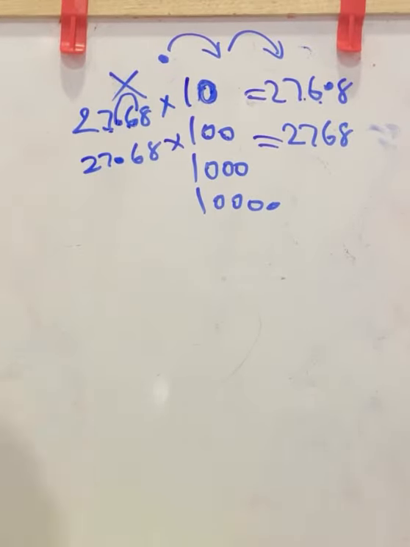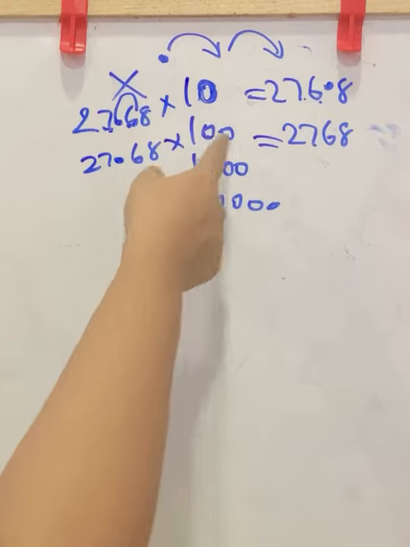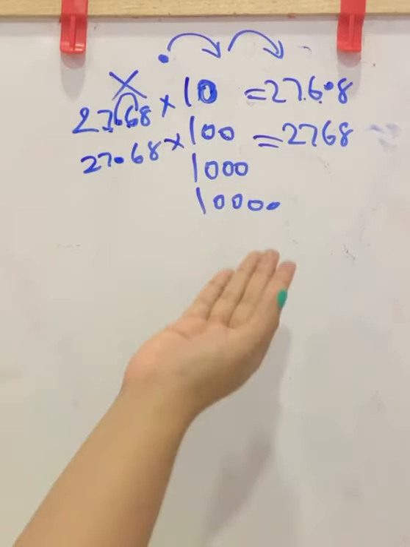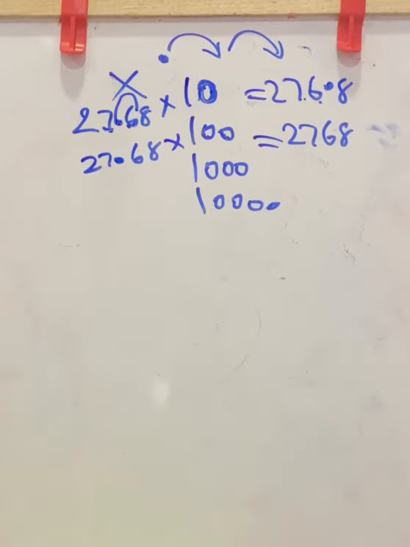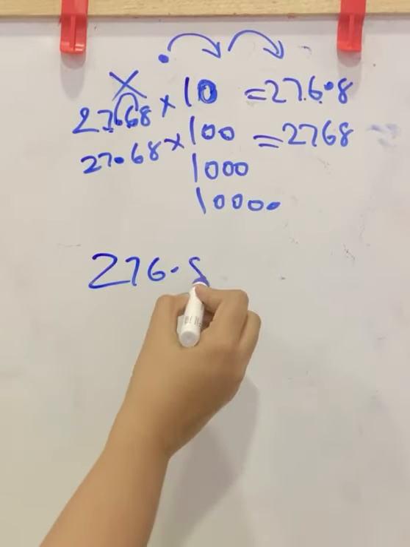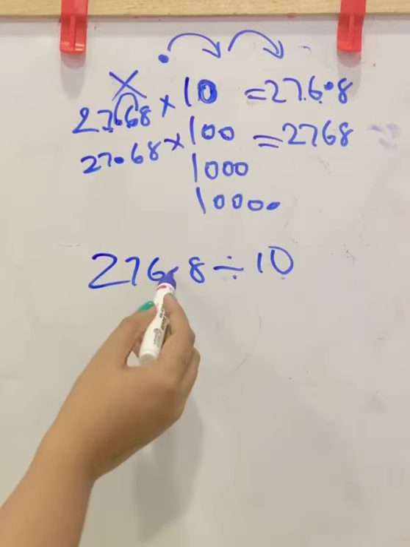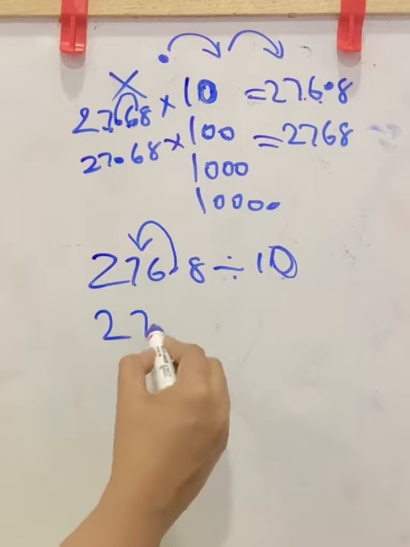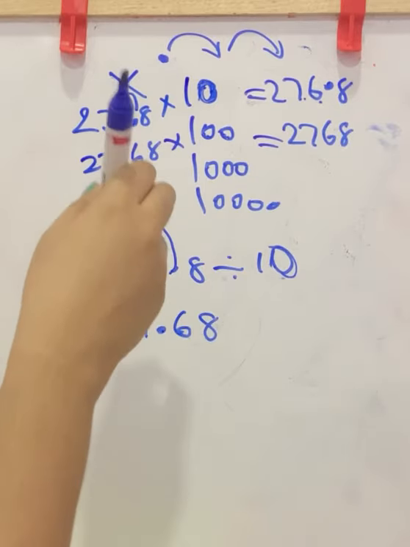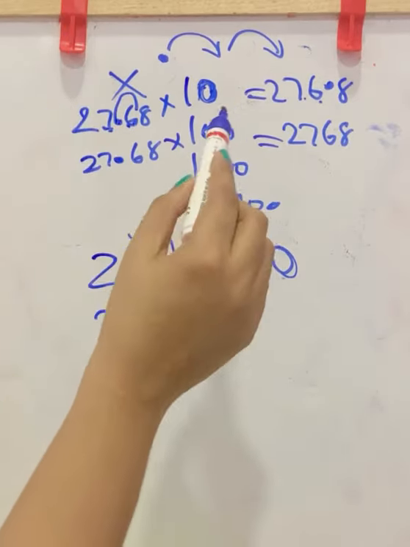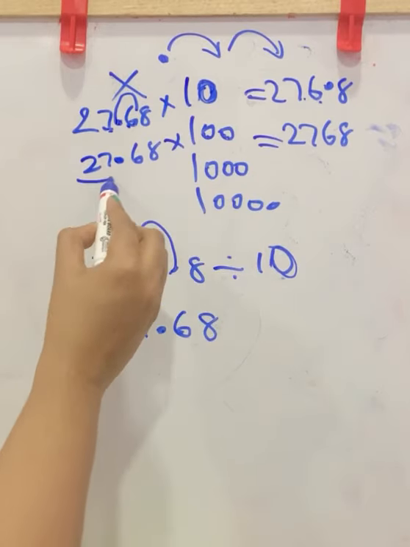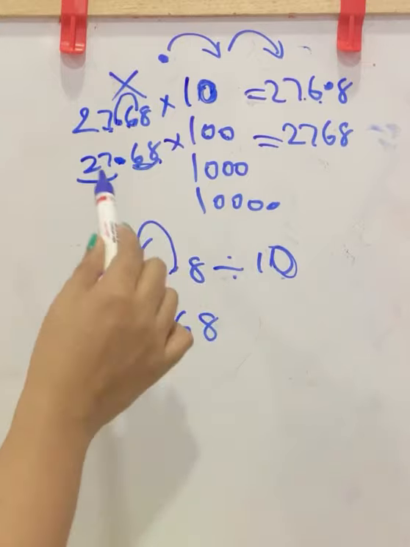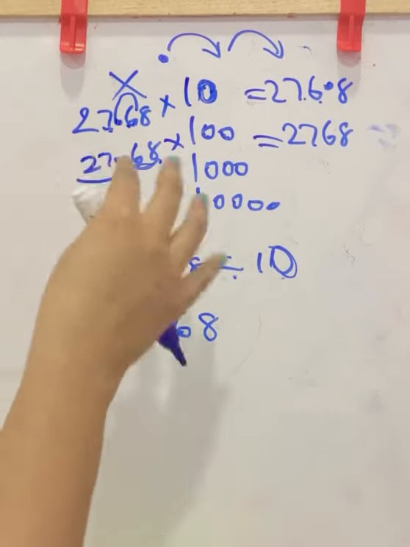Now if you are dividing numbers by 10, 100 and 1000, that is a 1 followed by zeros, the point will jump to the left side. Here, if you are dividing by 10, there is one 0, so the point jumps one place to the left side. This becomes 27.68. Now you have already learned how to name the value. Here it is 27.68. You can't name it as 68. You want to tell the digits' names separately.